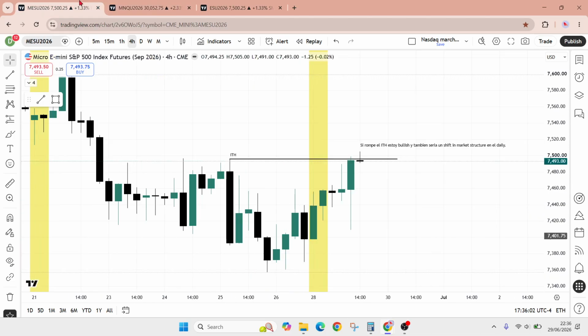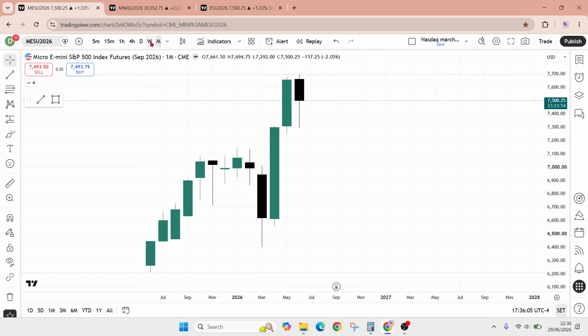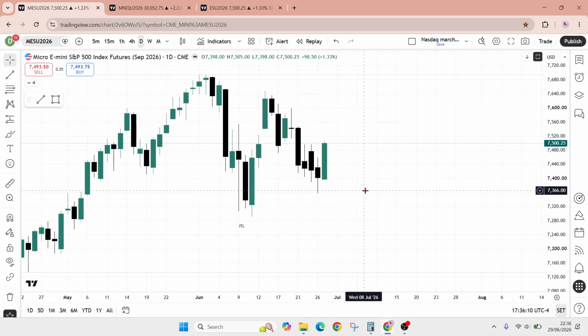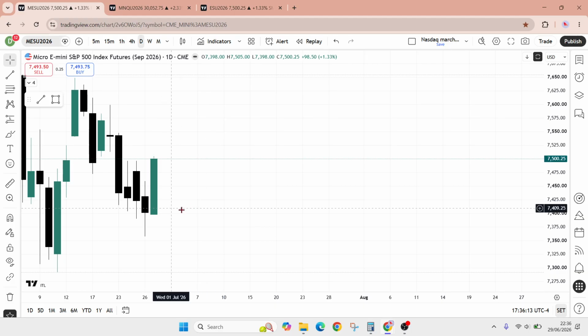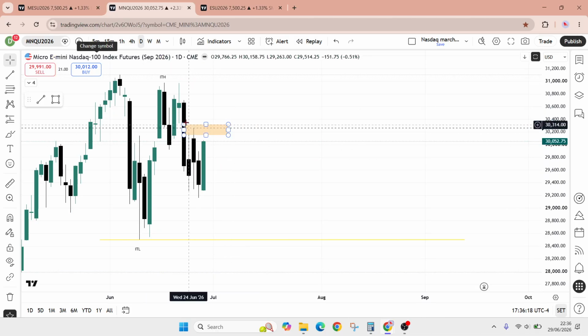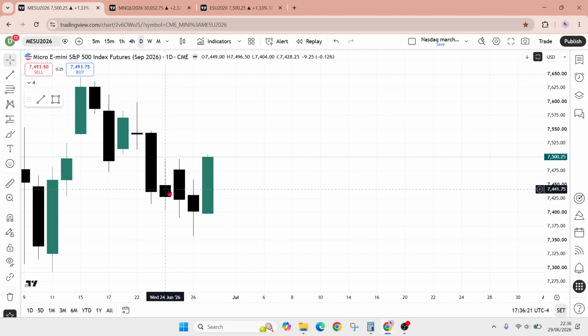Now, going to ES is the same story. Monthly, weekly market structure is bullish, and here the thing is where we had a swing high in the Nasdaq. If you see here, this swing high, here there is no swing high because this high is higher than this high. So you want to have the middle candle be the highest and the left and the right candle lower to have a swing high. In this case, we don't have a swing high as this candle is 96.5 and this candle is 96.25, meaning that we don't have a swing high.